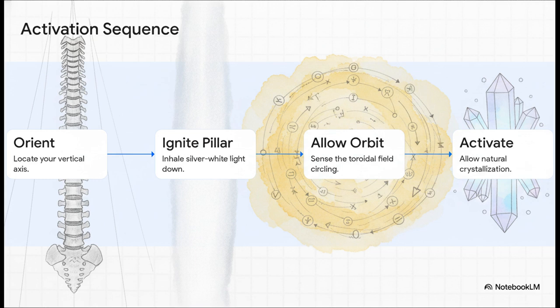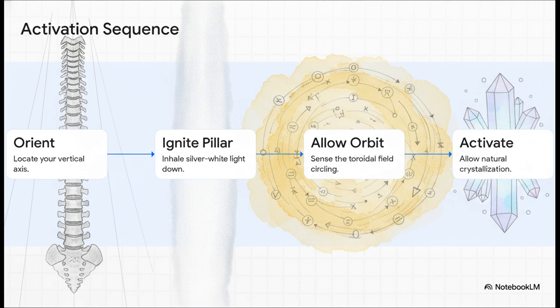Step 1, orient. You want to stand or sit to locate your physical verticality, finding your spine as that central axis. Step 2, ignite the pillar. You do this by inhaling this silver white light down through the central column, bringing it right through your crown. Step 3, and this is absolutely key, allow the orbit. Sense that toroidal field, that golden cloud of all your old stories circling you, and just let them be without